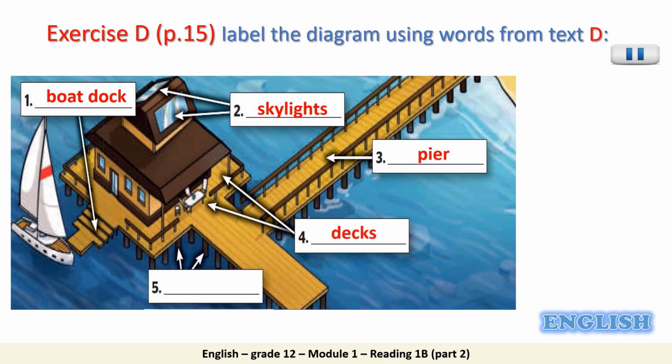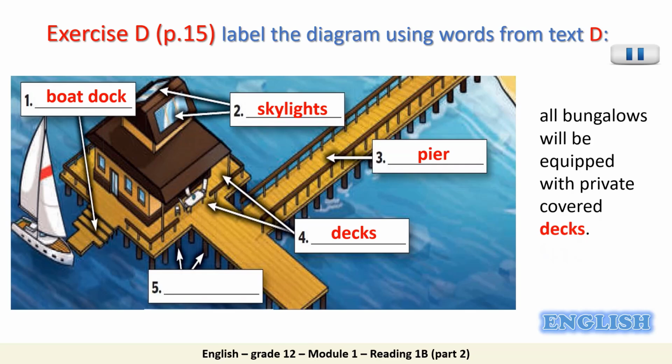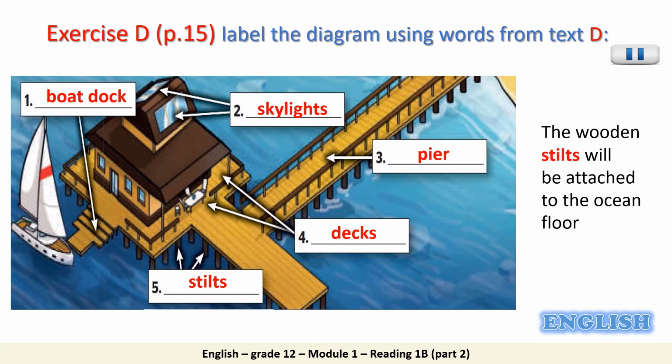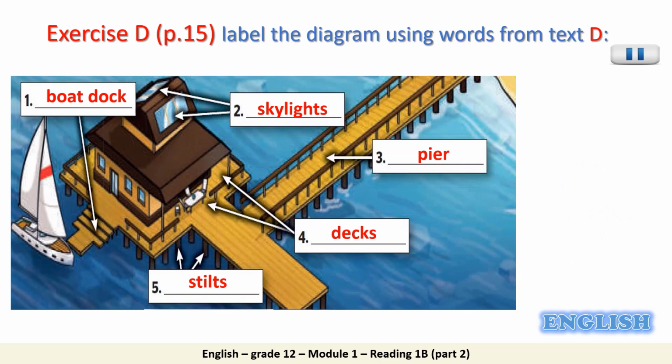Number 4. The decks. All bungalows will be equipped with private covered decks. Number 5. The stilts. The wooden stilts will be attached to the ocean floor. Now that we have an idea about the design and features of the over-the-water bungalows,